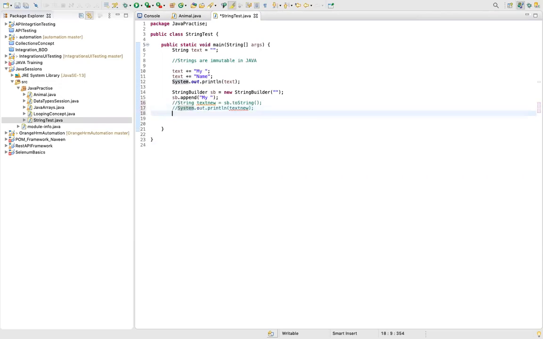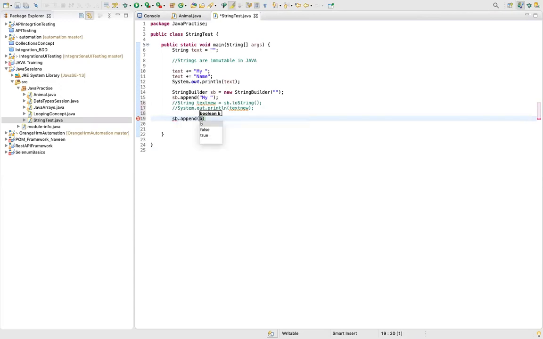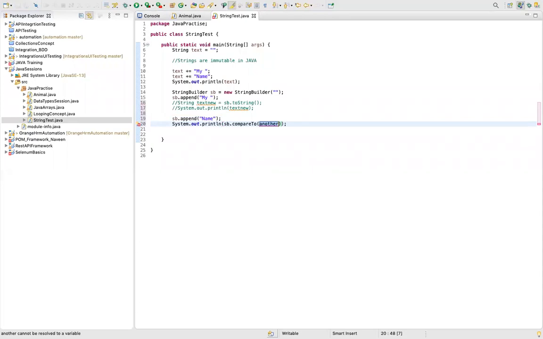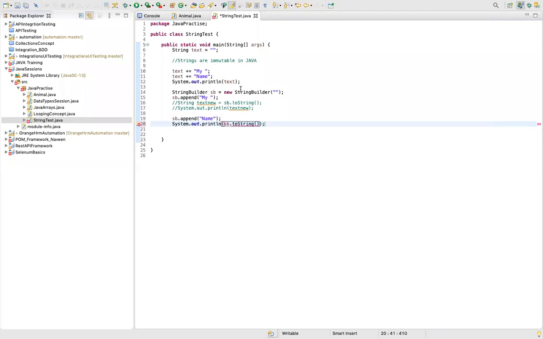Okay, guys. So if you want to append more stuff into this, I'll say SB dot append, and I'll say my name. Oh, sorry, it has to be over here. My name. Now if I print, I'll say SB dot toString. Okay.